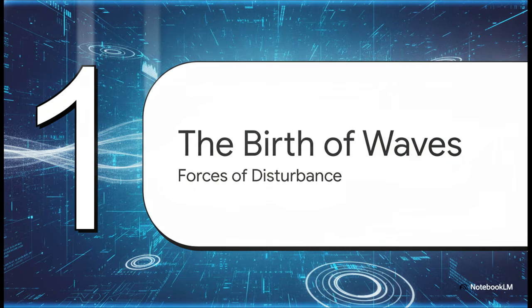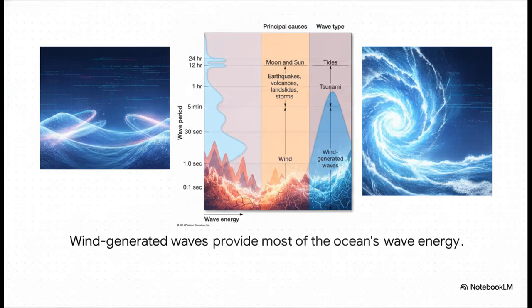Section 1, the birth of waves. Before a wave can even begin to travel across our simulation, we have to generate a disturbing force. Take a look at how wave energy is distributed. Different forces generate entirely different types of progressive waves. Tides, for instance, are driven by the gravitational pull of the moon and sun. Tsunamis are sparked by massive seismic events like earthquakes. But as you can clearly see, wind-generated waves provide the vast majority of all the wave energy distributed throughout our